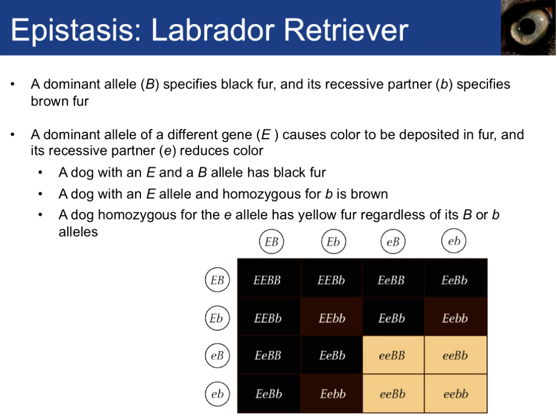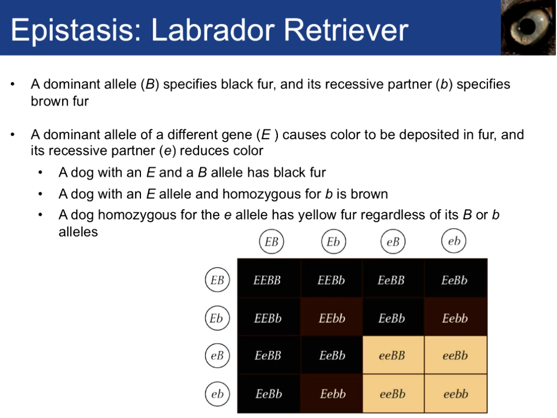So in Labrador Retrievers, a dominant allele, B, specifies the black fur, and its recessive partner, lowercase b, specifies the brown fur. A dominant allele of a different gene, E, causes color to be deposited in the fur, whereas the recessive partner, lowercase e, reduces the color. So a dog with both dominant genes has black fur. A dog with a dominant E allele,